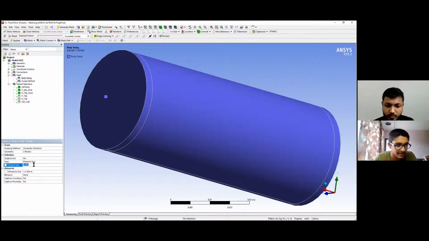Reduce by 10, so maybe 0.01 is fine. Yes. And should the feature size be the same, or do I need to change that also? No, you can keep the feature size. Okay. Should I mesh now? Yes, can you update? Yes.